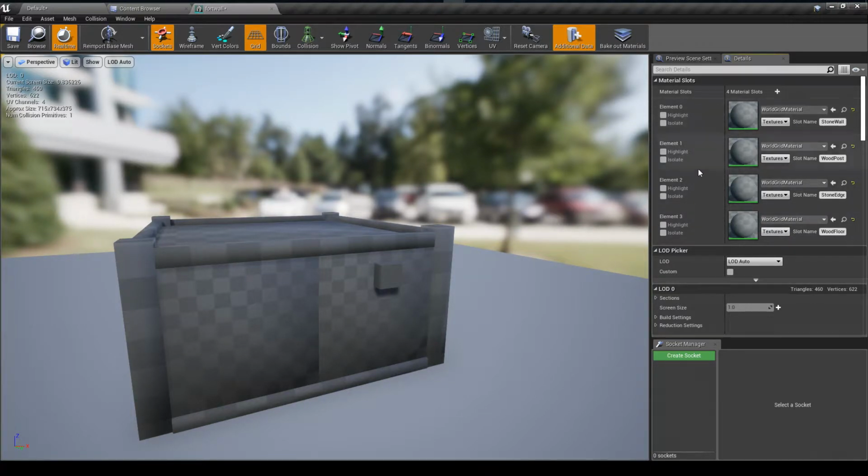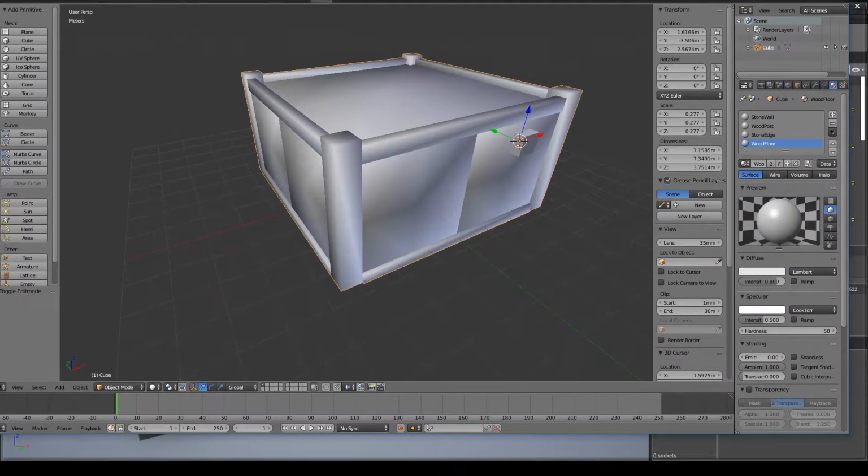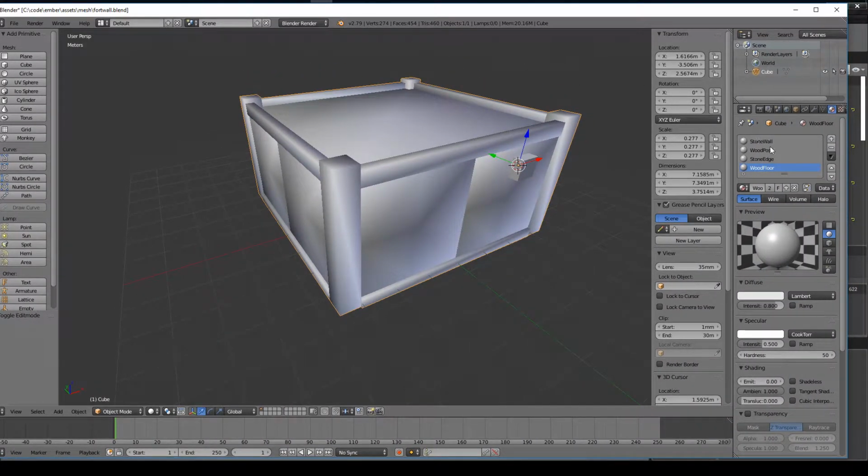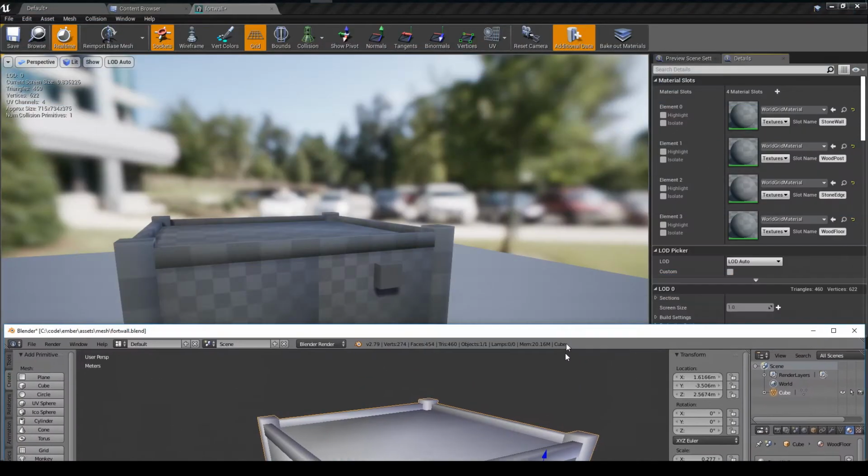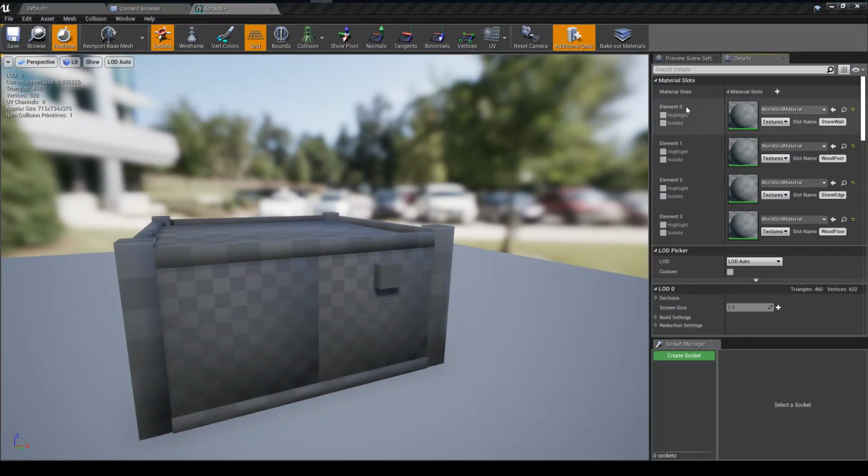But if you remember back in our Blender example, let me pull this up here real quick. We had stone wall, wood post, edge, and floor. So wall, post, edge, and floor. That translates to wall, post, edge, and floor. So what I'm going to do is